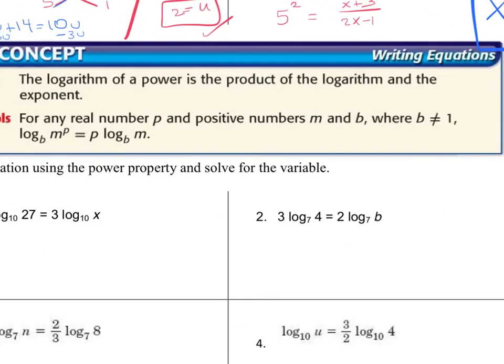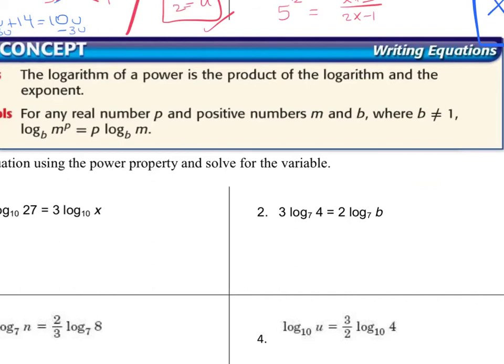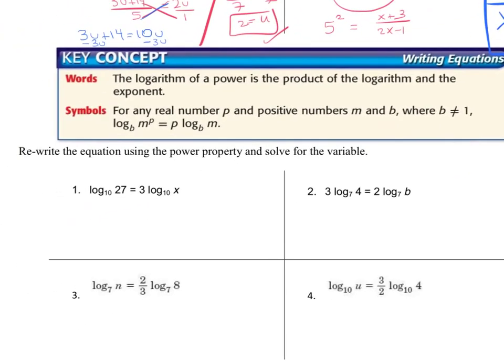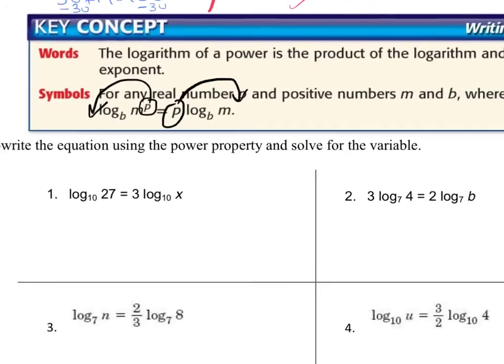Now let's move on to the last rule that we learned, which is the power rule. The power rule tells you that if you have a power, you can move it down. So this works both ways. Or if you have a number next to the log, you can move it up as a power, depending on what you want to solve. Now, if you look at number 1,